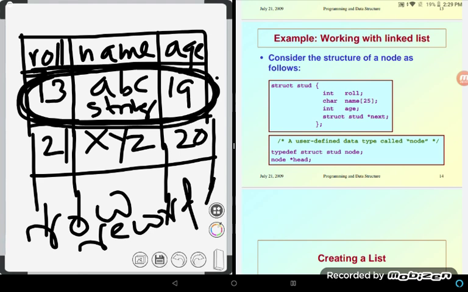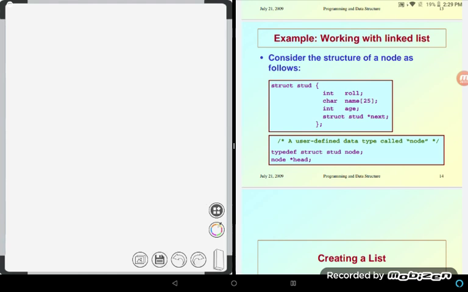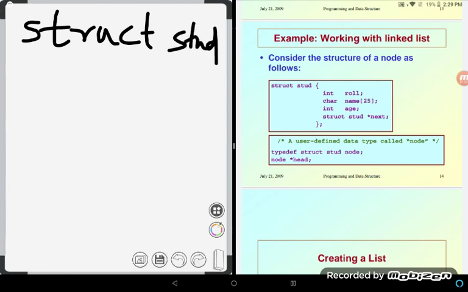Arrays won't help us because this is a collection of heterogeneous data, not a homogeneous collection. Therefore, we can't do it with multidimensional arrays. And C helps us do this with a data structure, a type declaration, that is struct. Like int, after struct we have to give a name. Struct stud is the name; stud is the user-given name. Then an open bracket, a close bracket and a semicolon.